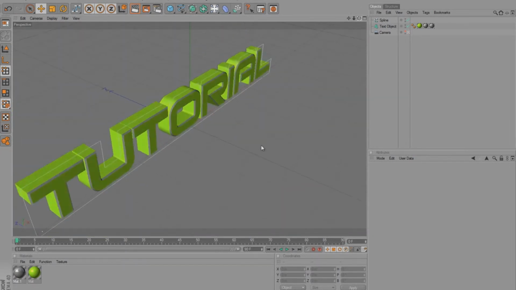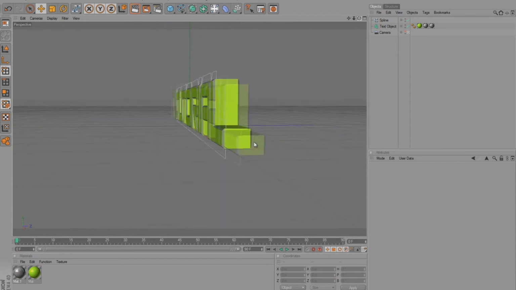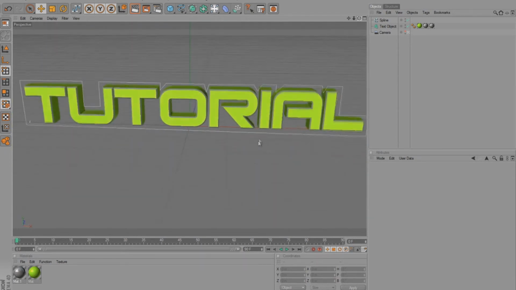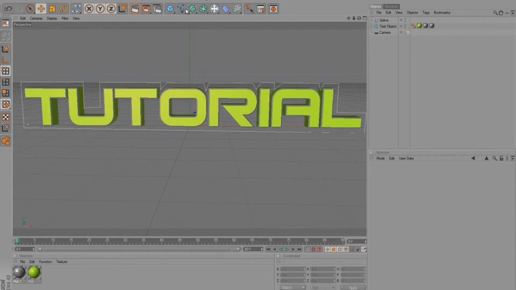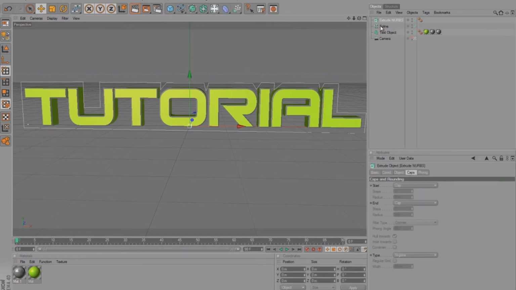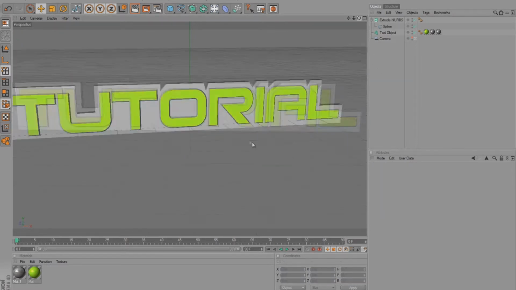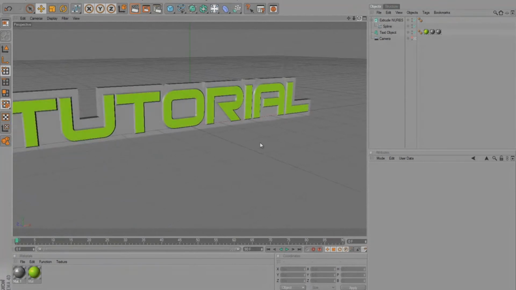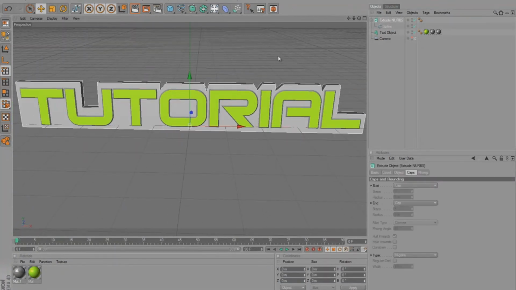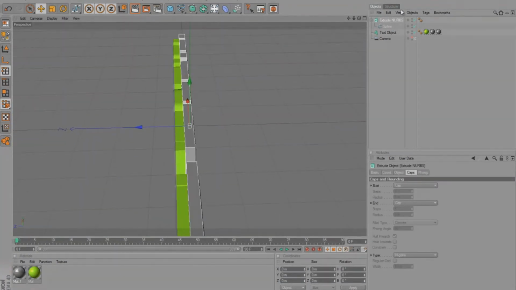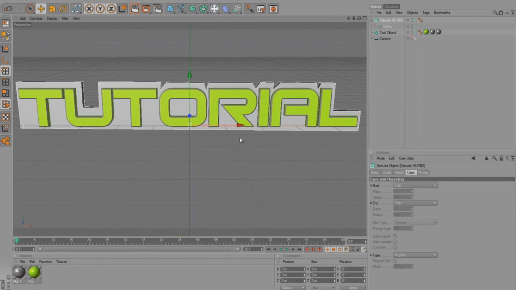Now in here, you're going to see that it's just a 1 pixel wide rim, and to make this 3D, we're going to want to click where the sphere in the box is. Click and hold, and click on extrude NURBS, and then you want to drag the spline onto the extrude NURBS, and what it's going to do is give it that 3D look that we want. So now that we got that, just back it up a little, and now to customize